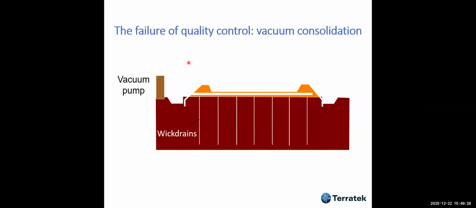solution not working. The risk is big, and I advised them that the site investigation was not that good, and we didn't know whether or not there were sand seams. If we had sand seams, the vacuum would pull water from the seams and not from the clay. So there were a few unknowns, and the main one is whether or not the vacuum is going to work. I told them, do a trial bank, test it before. They said, no, we don't have time. Okay, I was out of the project.